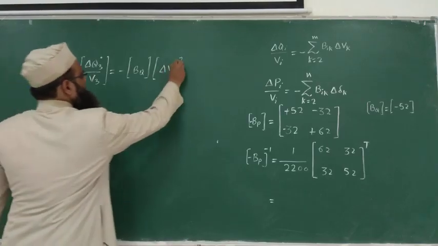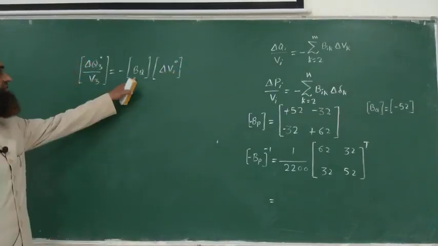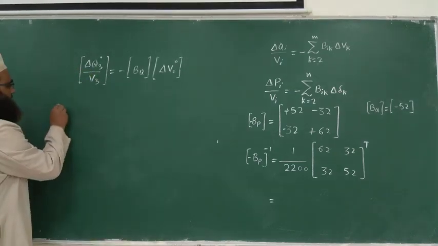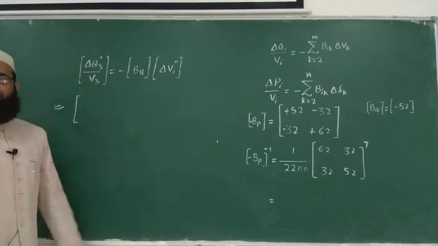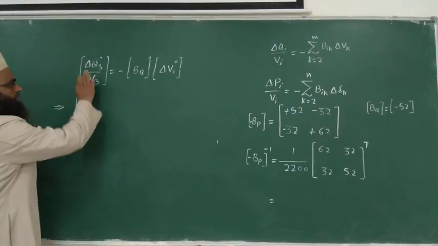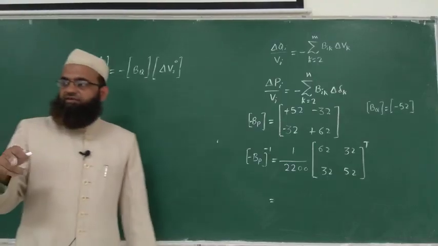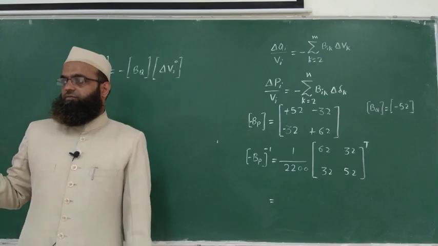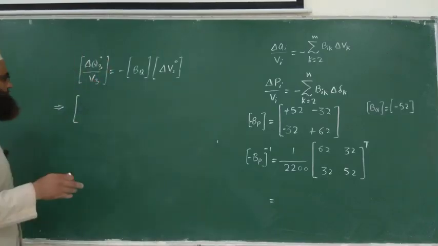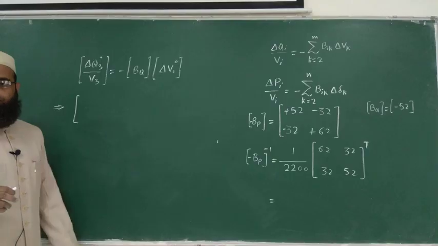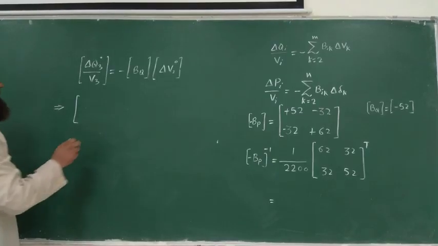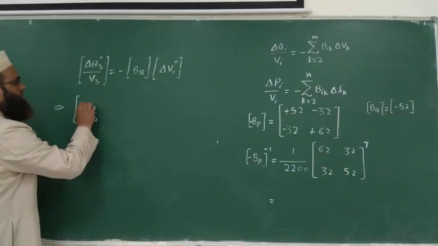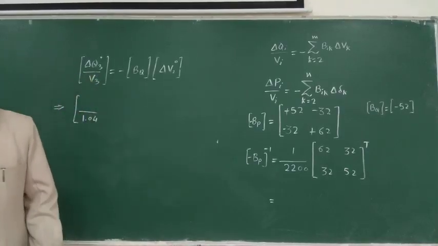So how to get this? Del V2 0. We have this value. We have these values. So this implies, tell me the value of del Q3 0, which will be Q3 specified minus Q3 calculated at assumed values of the variables. So tell me del Q3 0. Okay, I am writing here what is V3? 1.04. Just evaluate it, del Q3 0.